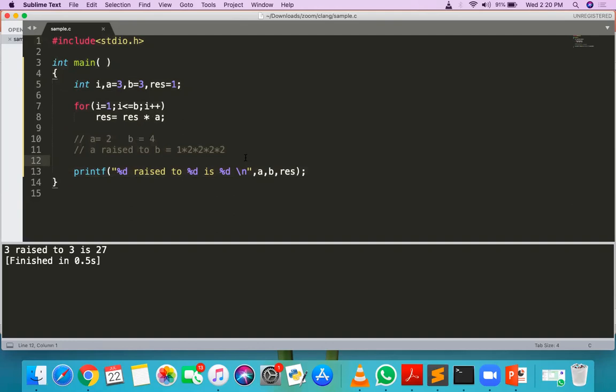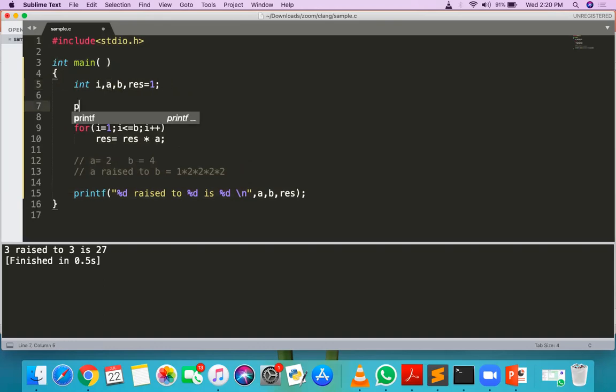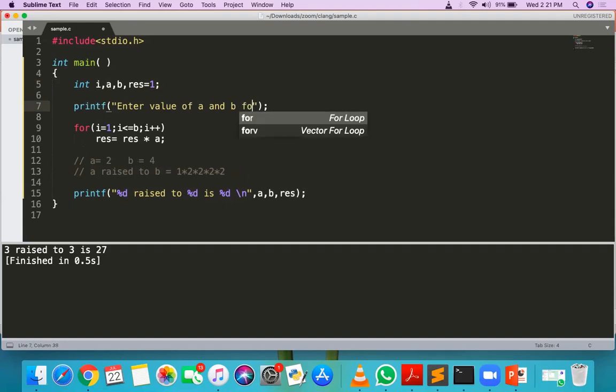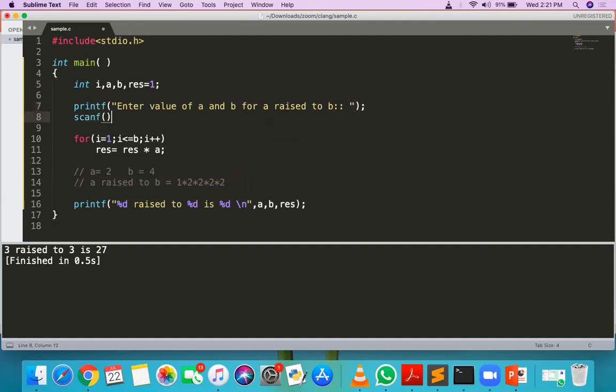Yes, done. Sir, we can take user input also, no? We don't have to print A and B here. We have to take the user input as A and B. So that's what scan A and B. So your program should be printf, enter the value of A and B for A raised to B. And scanf function.